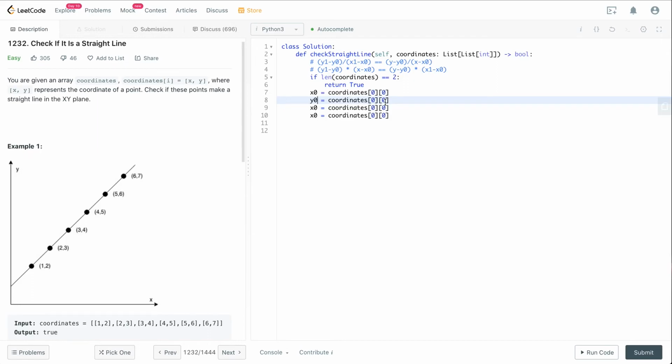x0, y0 is going to be coordinates[0], and x1, y1 is going to be coordinates[1]. Okay, and we write a for loop here to go through each of the points, for x, y in coordinates. If